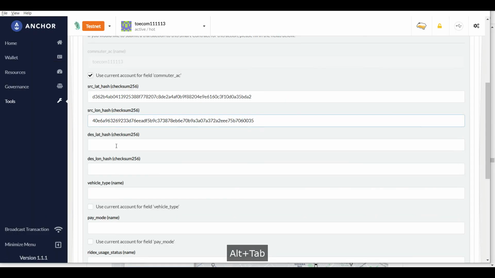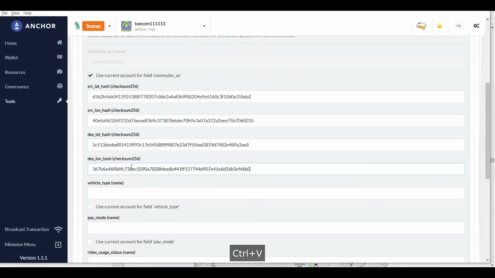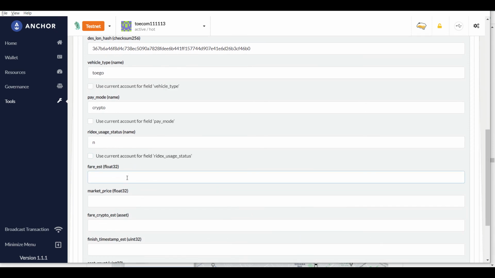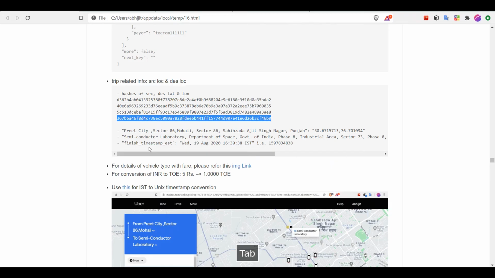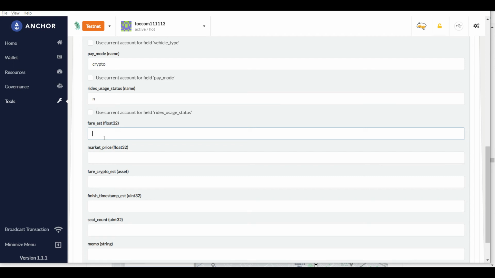I am copying all the hashes which I have already calculated beforehand. Vehicle to go, pay mode is crypto, Ridex usage, the commuter is not using because he finds that okay, this is a pretty normal price. Fare estimated is going to be 79.00, market price is 5.00,